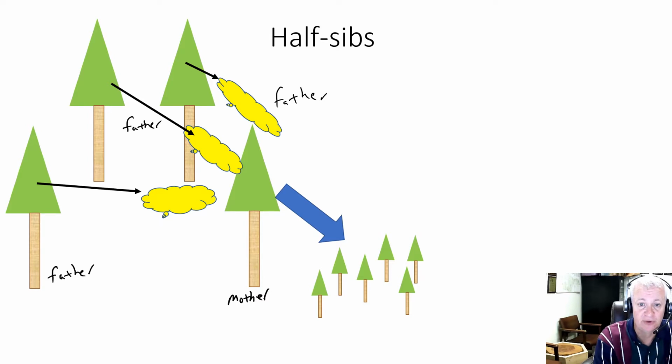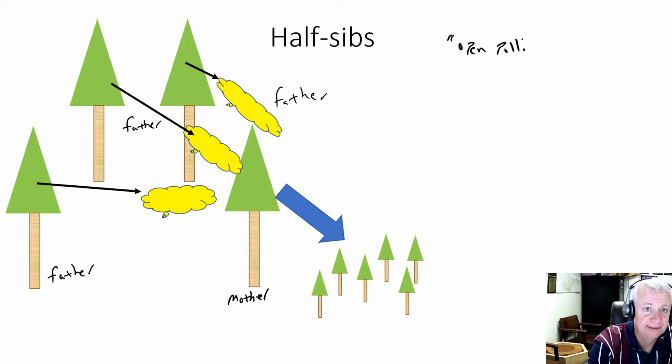Now, of course, most forest trees are monoecious, which means there are both male and female reproductive structures on those trees. But in the case of most forest tree breeding, we usually track the mother. So for instance, we collect seed or cones or fruits from a mother tree and track that mother. So when, for instance, we have a tree in the forest from which we've collected seed, and that tree has been open pollinated,